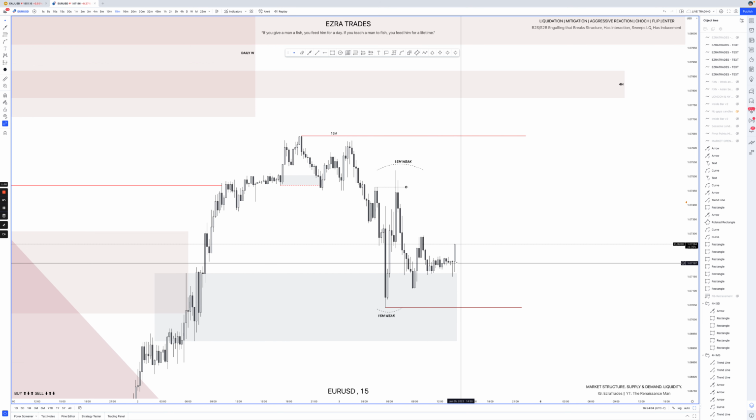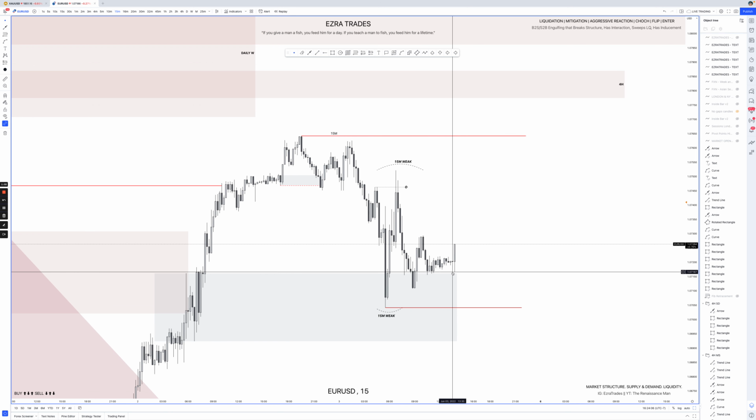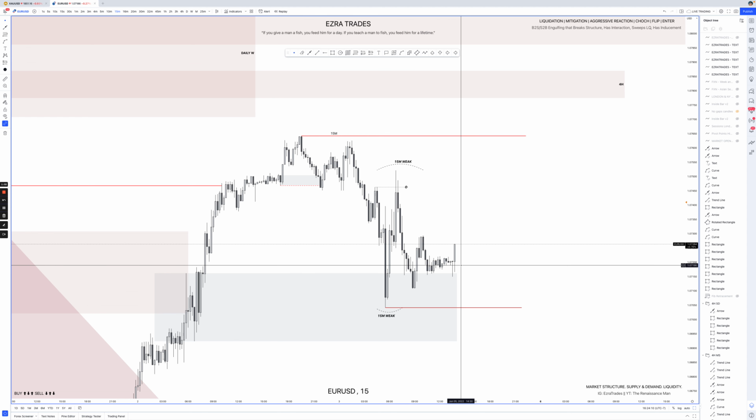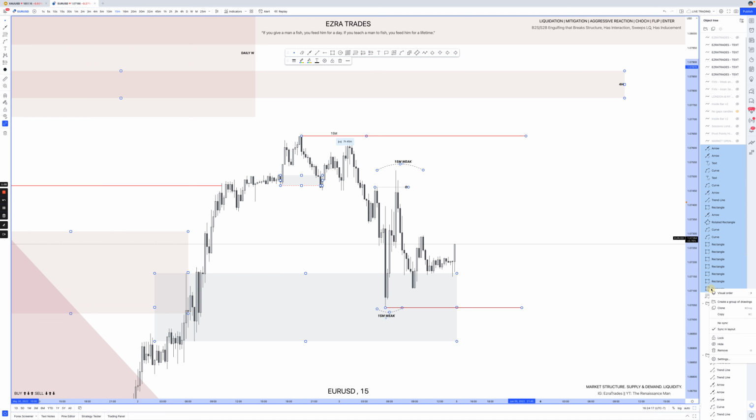At the same time, I can see we have a sell to buy. This took liquidity, swept liquidity, tapped into this extreme, and then looks like it's shifting. So what I want to know now is I want to see what price looks like on the 5 minutes. So I'm going to highlight all of this, and I'm going to mark this as my 15-minute structure,